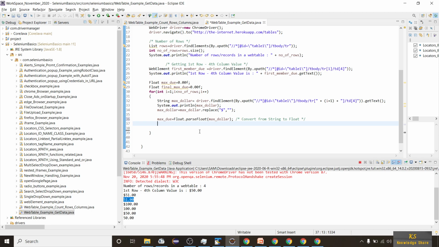Now we have to compare, right? We have to compare this max due with the latest greatest value. So if max due is greater than final max due, then we'll do final max due is equal to max due.